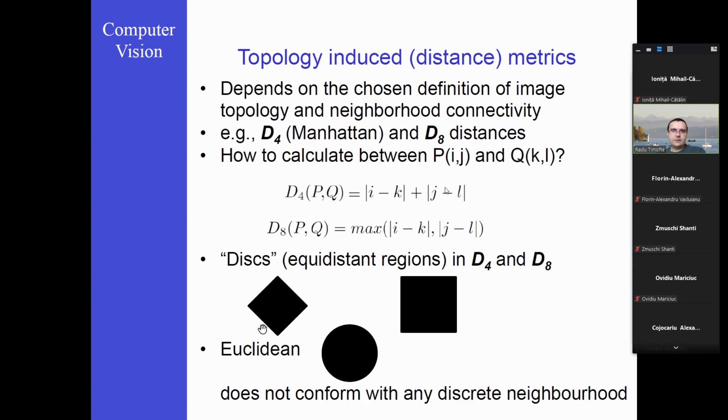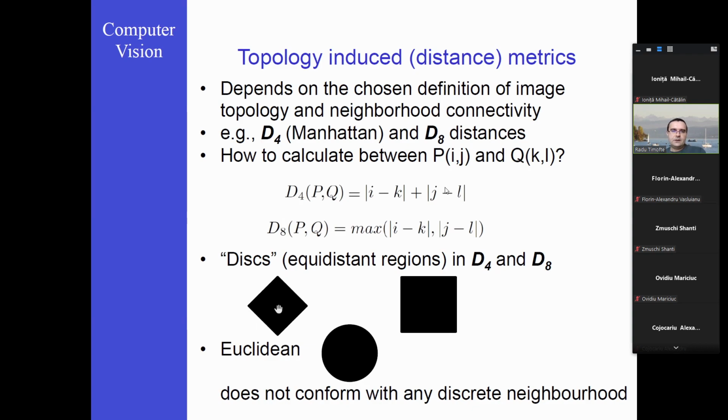So we may consider that P is the middle point, and Q is whatever other point is defined by K and L coordinates. If we look at this summation here, then all the equidistant points will be on this kind of diamond shaped